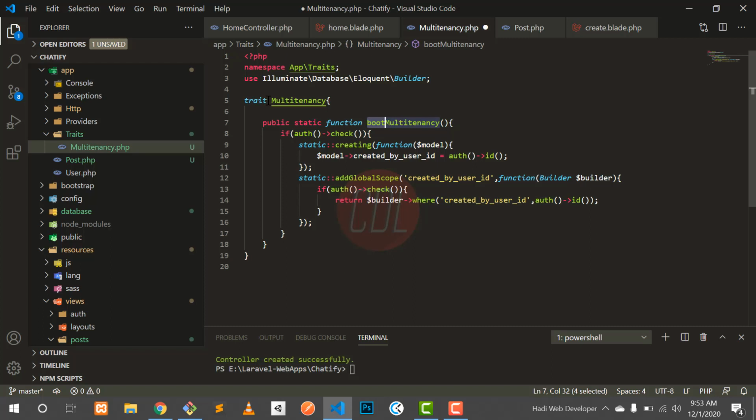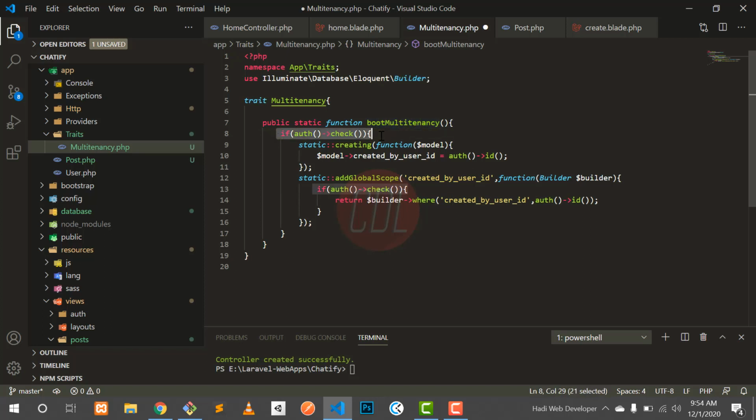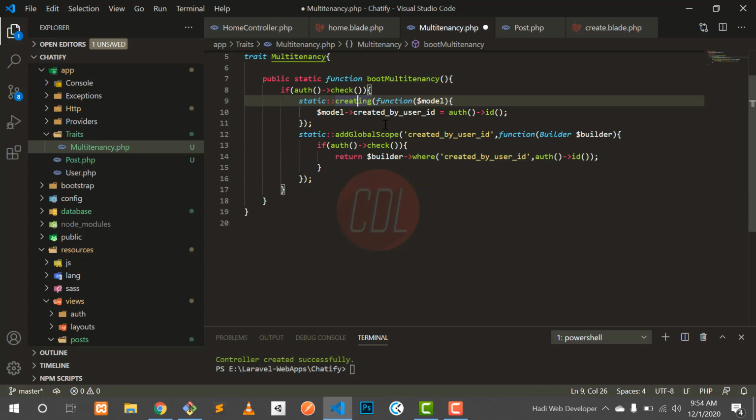I copy this and put it here, so this works like a constructor. The next step, I am checking if the user is logged into the dashboard or not, because we don't want any type of exception, right? When a user is creating any post or anything relevant to the user, the static creating function accepts the model which is created.